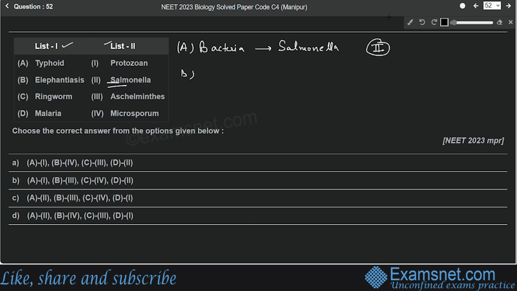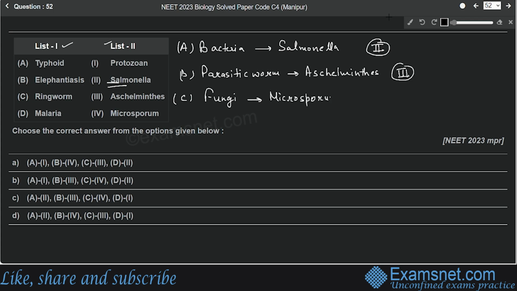Now, the second disease is elephantiasis. It is caused by parasitic worm. From which group? Ascomyces. Specifically, filarial worms. So the correct match for B will be number 3, Ascomyces. Then the third disease that is mentioned is ringworm, and we know that ringworm is a fungal infection. So this is caused by fungi of the genus Microsporum. So the correct match for C will be number 4,